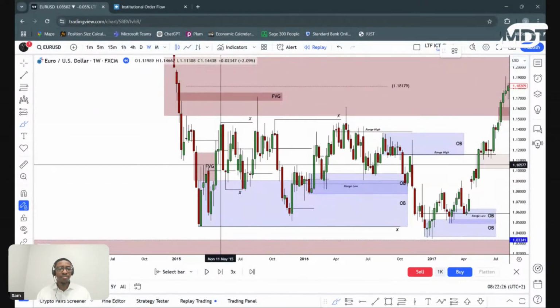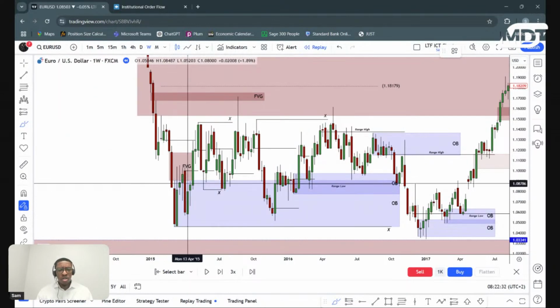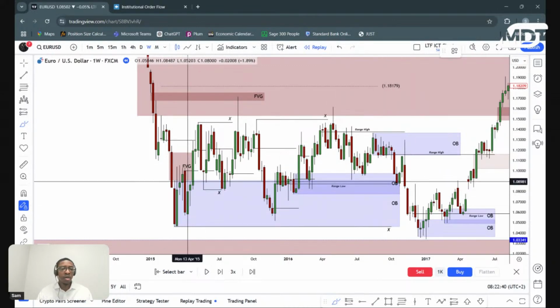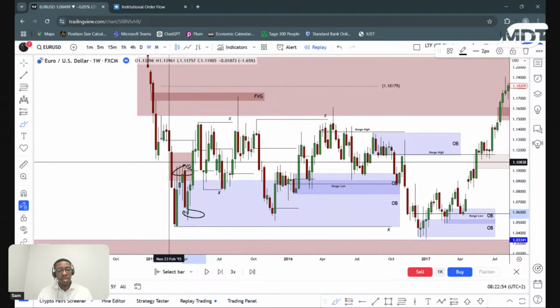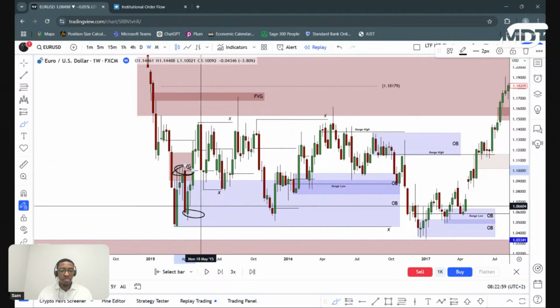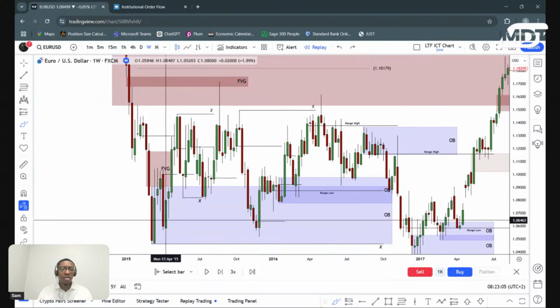So what we had on that initial descent, the first time we peaked above this, what then became an order block, which stood the test of time, was a correction into a fair value gap, which was respected. We then sold off from the fair value gap into the order block quite aggressively, quite deeply, violated that mean threshold, but we still held. So there was arguably a position short from this fair value gap down into the order block. Could look refined on the daily. And then we displace higher,